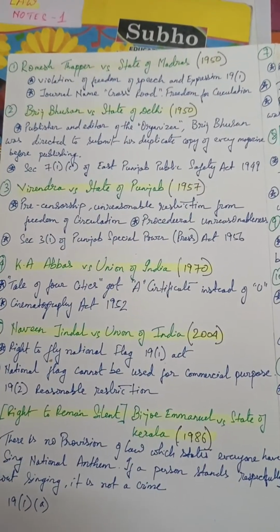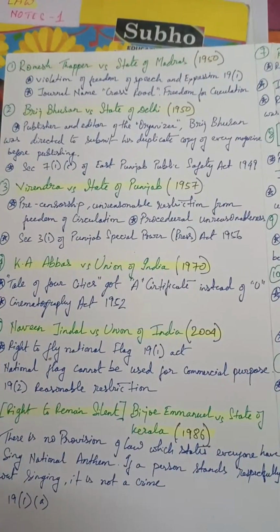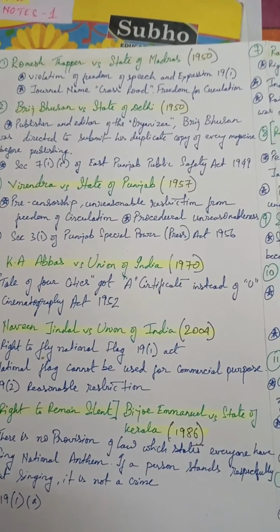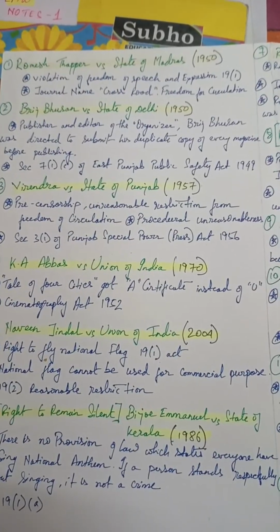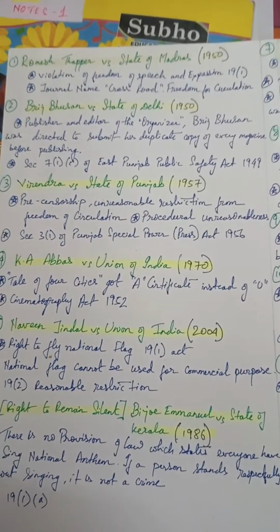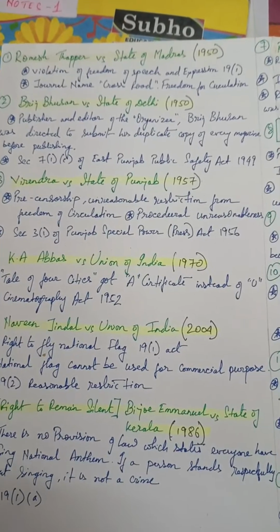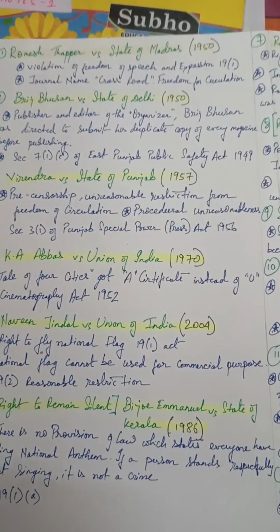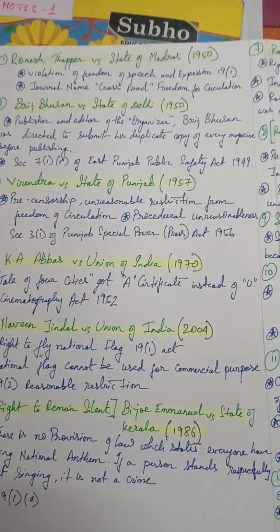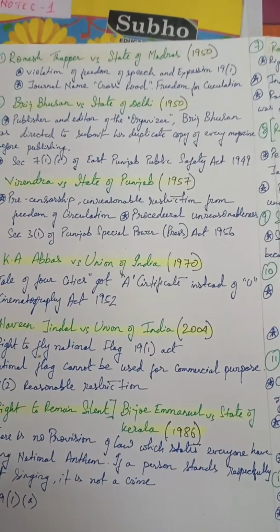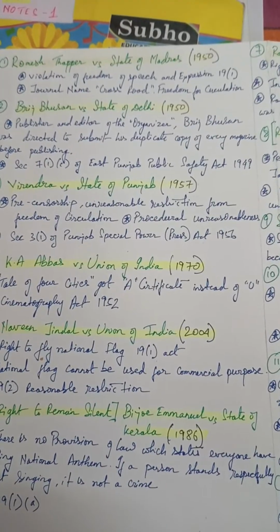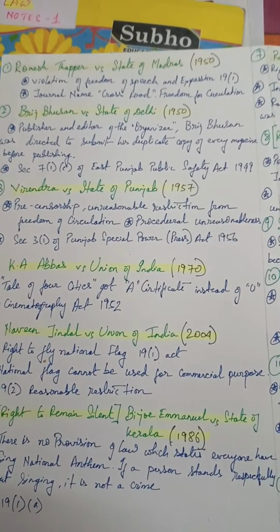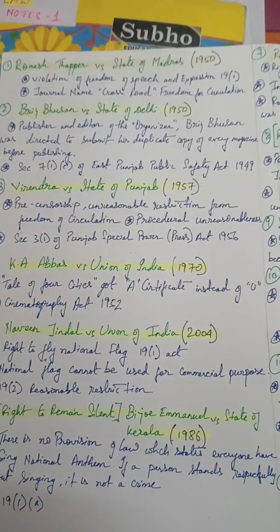So now if we consider both the cases, Ramesh Thapar versus State of Madras and Brij Bhushan versus State of Delhi: in Ramesh Thapar, the ground issue was freedom of circulation. We have to remember this fact. The ground issue was freedom of circulation, Article 19(1)(a) and 19(2). The decision struck down the ban on circulation. And the significance, why media students have to learn this, is to affirm press freedom, the doctrine of severability, prompted the First